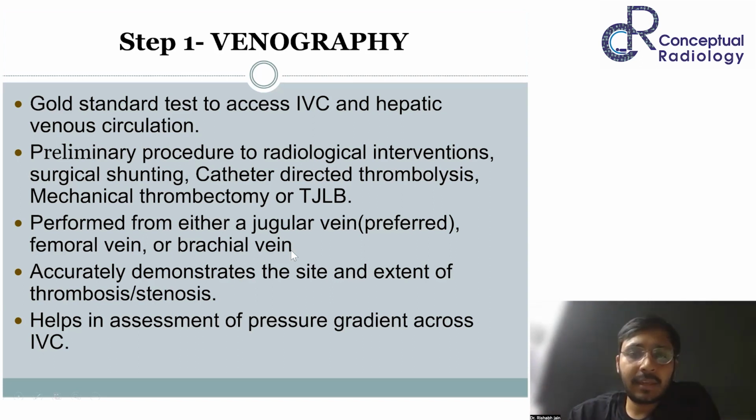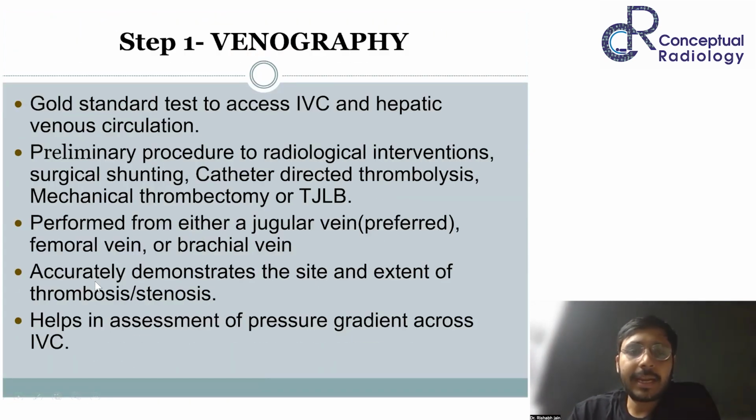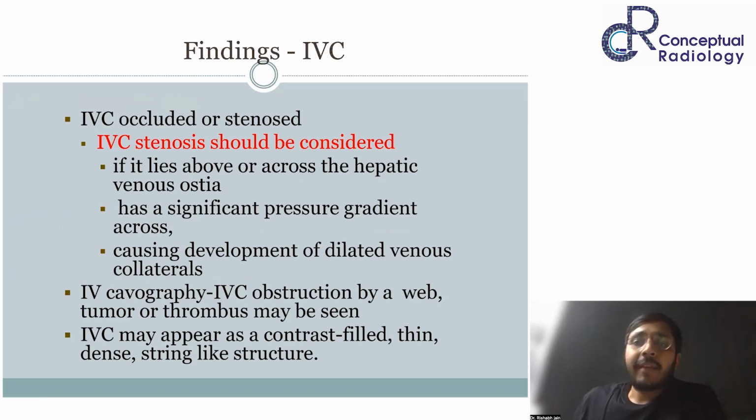It can be performed either by jugular, femoral, or brachial route, and it accurately demonstrates the site and extent of thrombosis or stenosis. And through that catheter that you have put, you can also measure the pressure gradient across the stricture. So that also tells you that yes, there is an obstruction at the level of hepatic venous outflow. That is why you're getting a gradient and you need to treat it. Correct? Now, what can be the findings on venography? So let's say the obstruction is at the level of IVC. So IVC can either be completely occluded